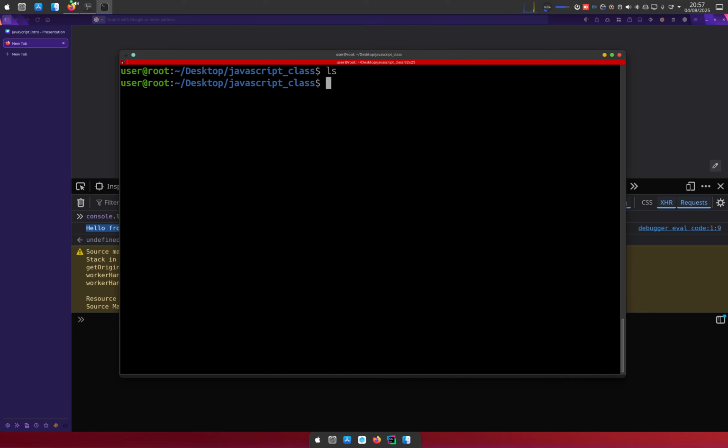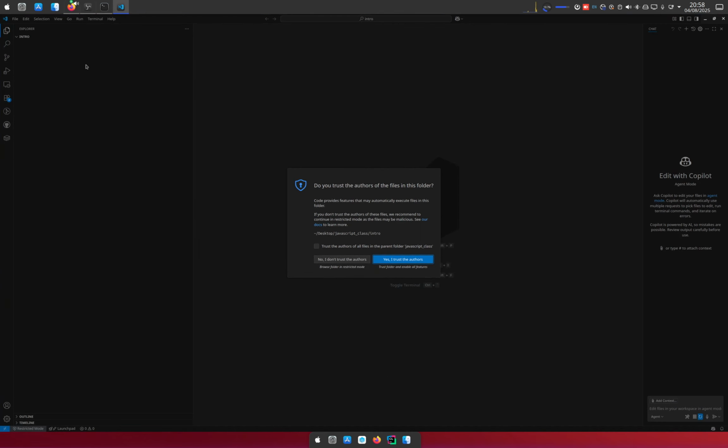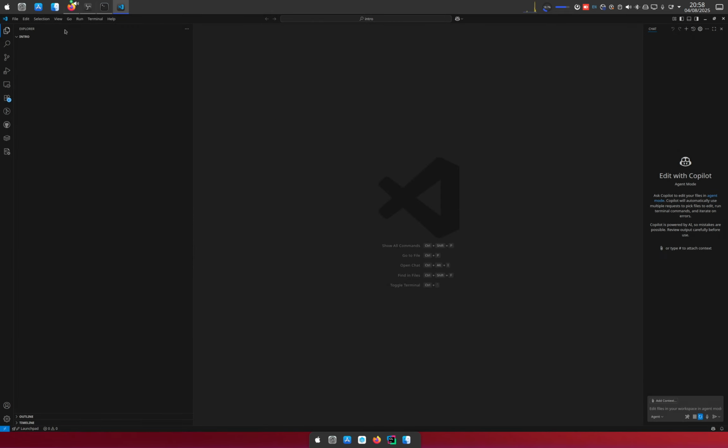Right now it's empty. I'm just going to create a folder and maybe just call it intro. So create a folder and call it intro. And I'm going to get inside that intro folder, and I'm going to open VS Code in that folder. So right now I have VS Code open inside this intro folder, and the intro folder is basically empty. So I'm going to track the orders. This intro folder is empty.